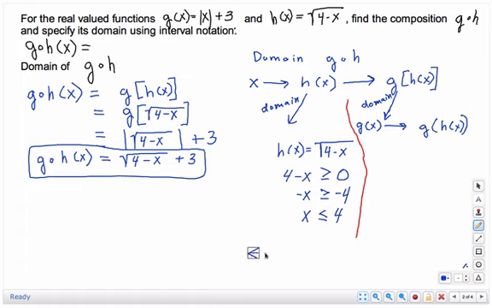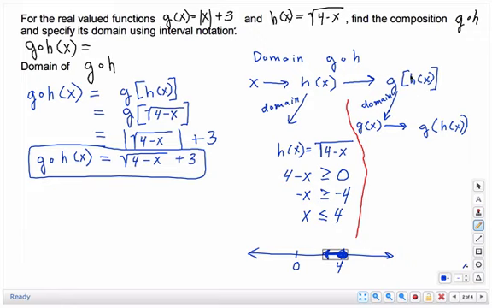Okay, so on the number line, we're just going to do a quick sketch here. That means we have a filled-in circle at 4, and it's going to be less than that. So that's what we have so far for our restriction given the domain of h of x. That's our first half. The second condition we need to meet is to find the domain of g of h